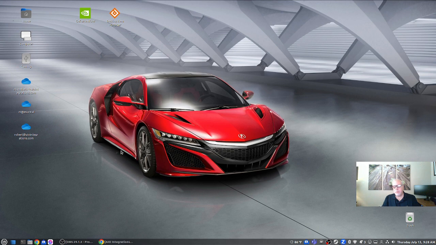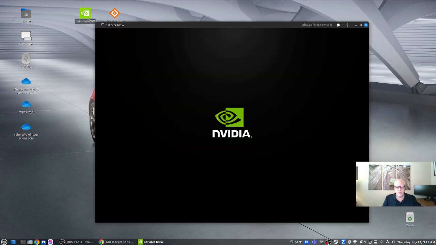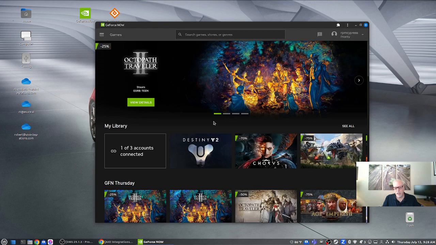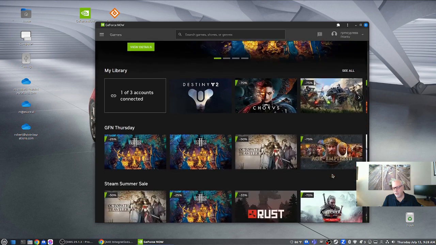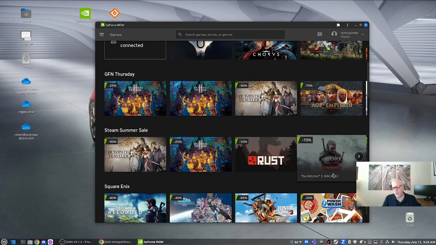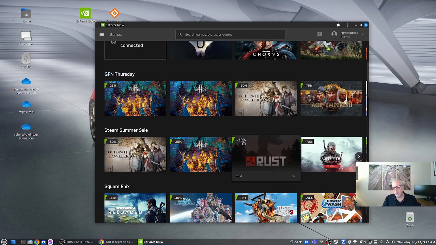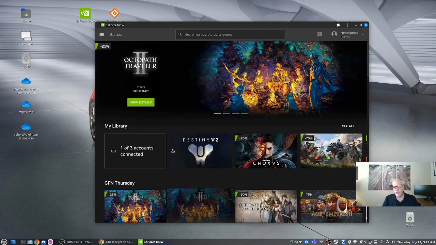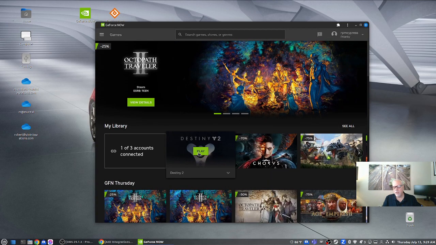Now, that being said, let's go into the fun part. Now, I told you I'm a Destiny fan, of course, as well. There are a couple of others I play. I can simply just go down to them, pick them up here. You can see which ones are in here. The ones that I have purchased, these are new ones just in, but the one that I mainly play is this. So we'll go ahead and